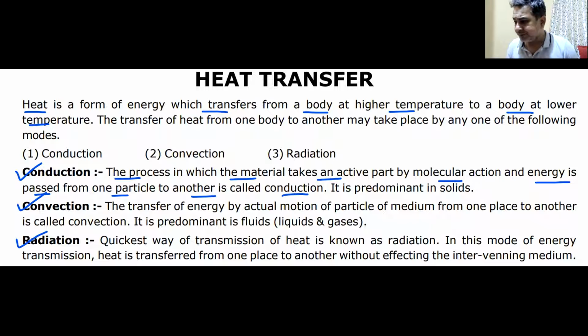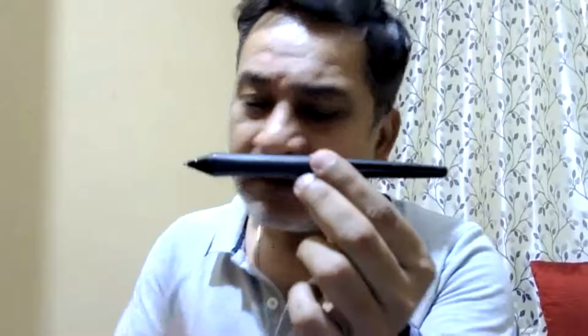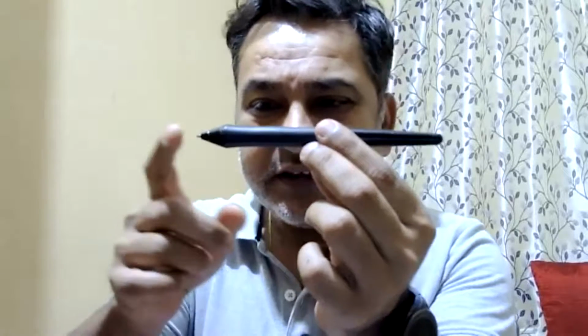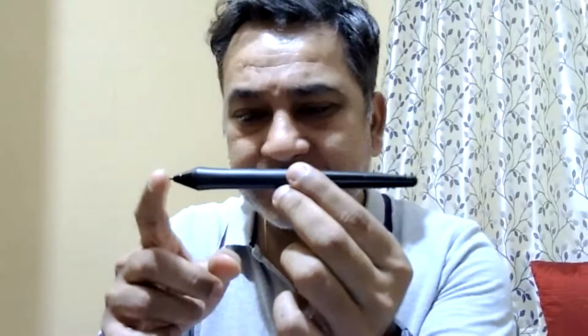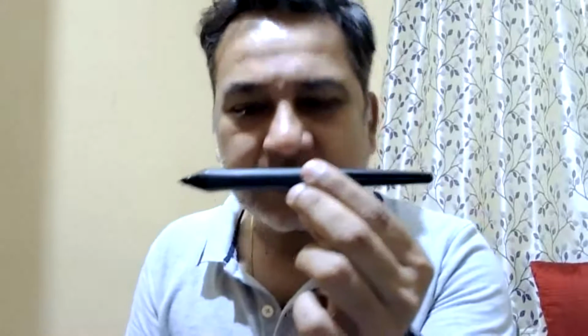Please note it down. It will be there in the table, but again, see, this is a rod. Let me get myself on board. This is a rod. Now let us assume that one end of this rod, this one, the tip, is at a higher temperature. I put it near fire. The other one is at normal temperature or at a colder temperature. Now what happens?